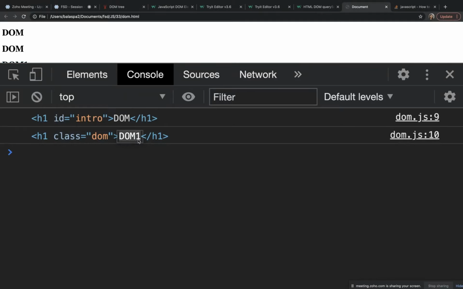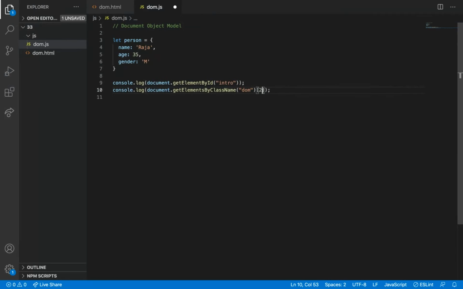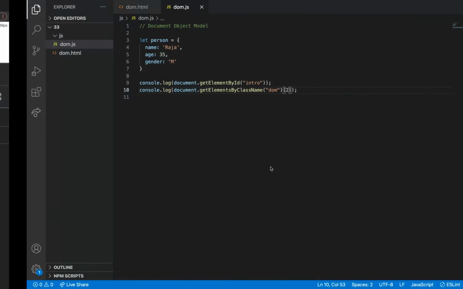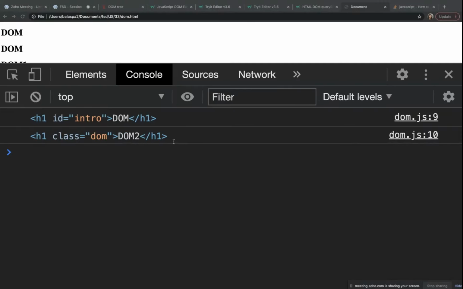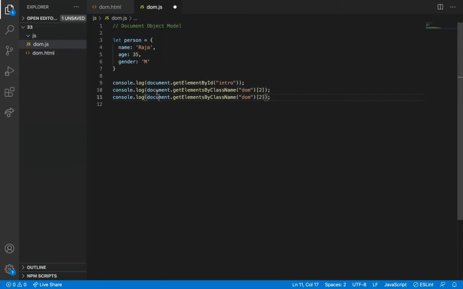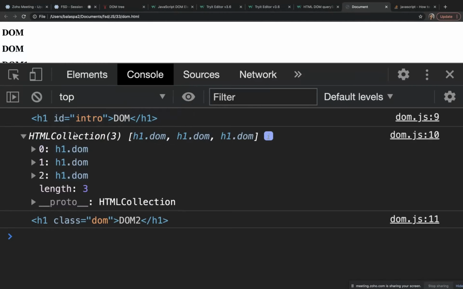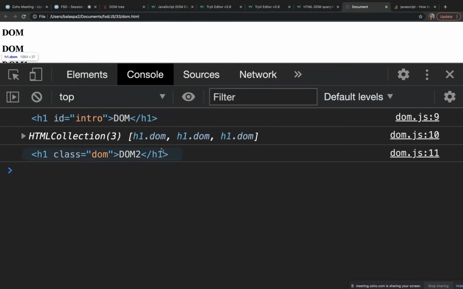So whatever element I want to access, I can access through 0, 1, 2, because it just saves as an array. So we are accessing the second element from it.